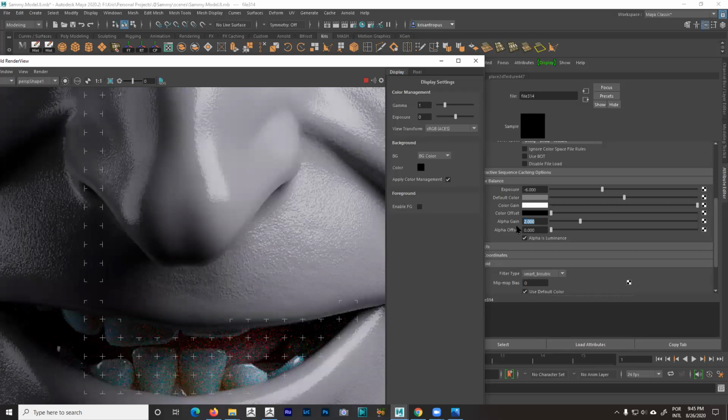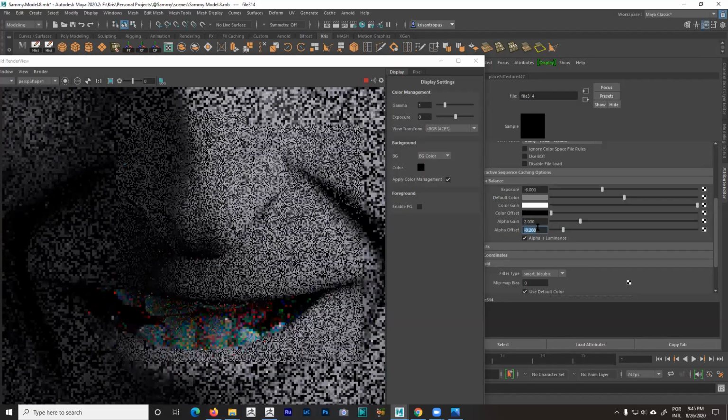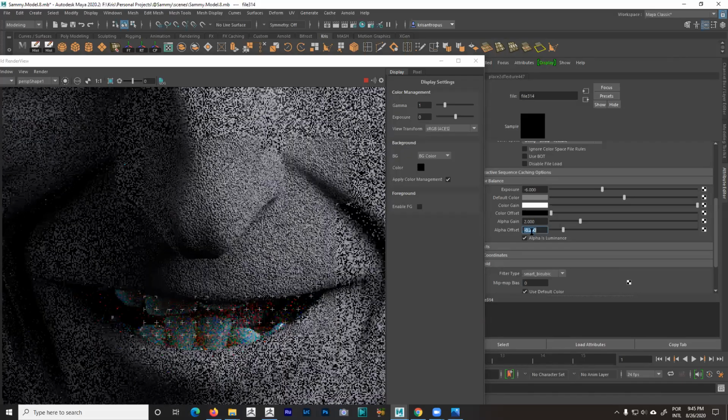So I'm going to have to play with the offset again, probably a little bit. You can use negative offset as well. Let's see, I think you can use it. Let's try. Yeah. It's going to be a combination between those sliders, you know, to